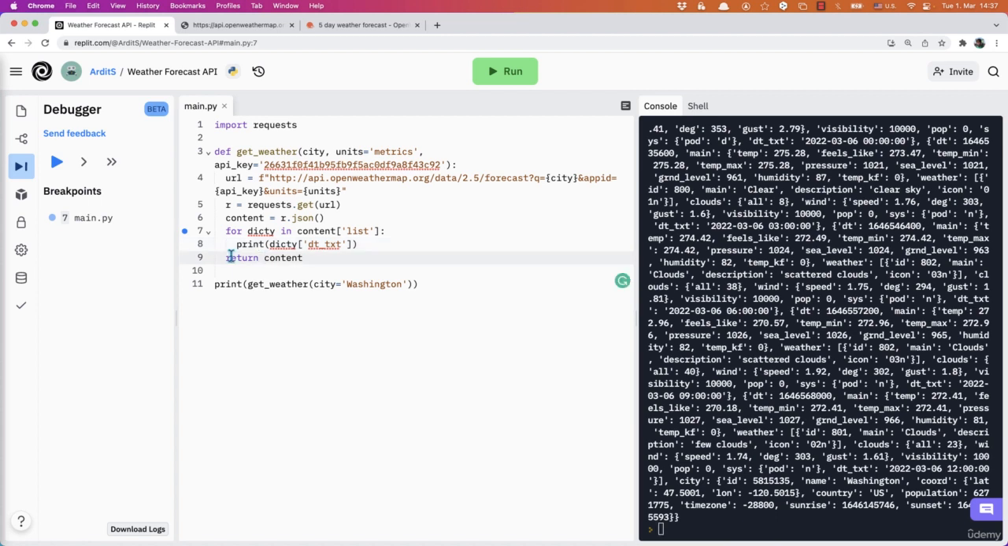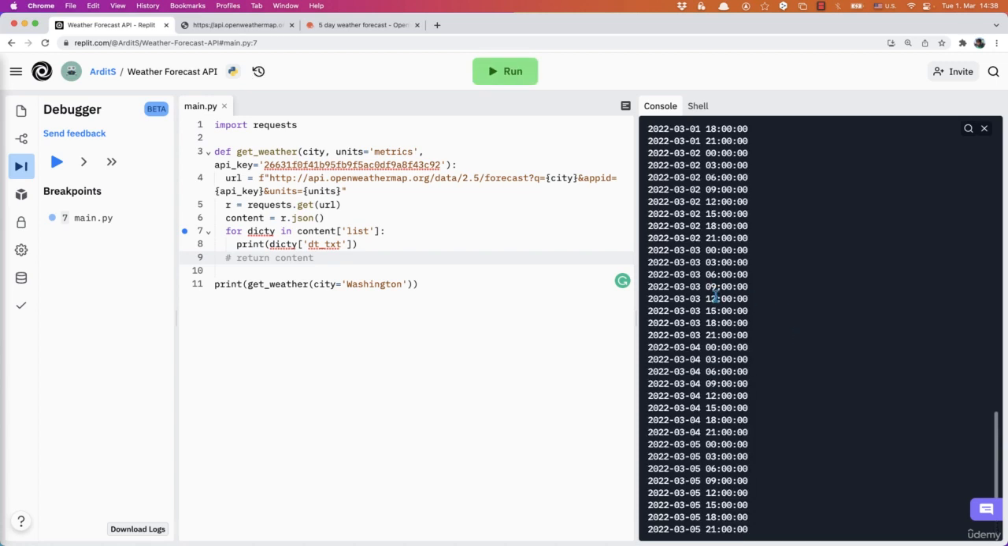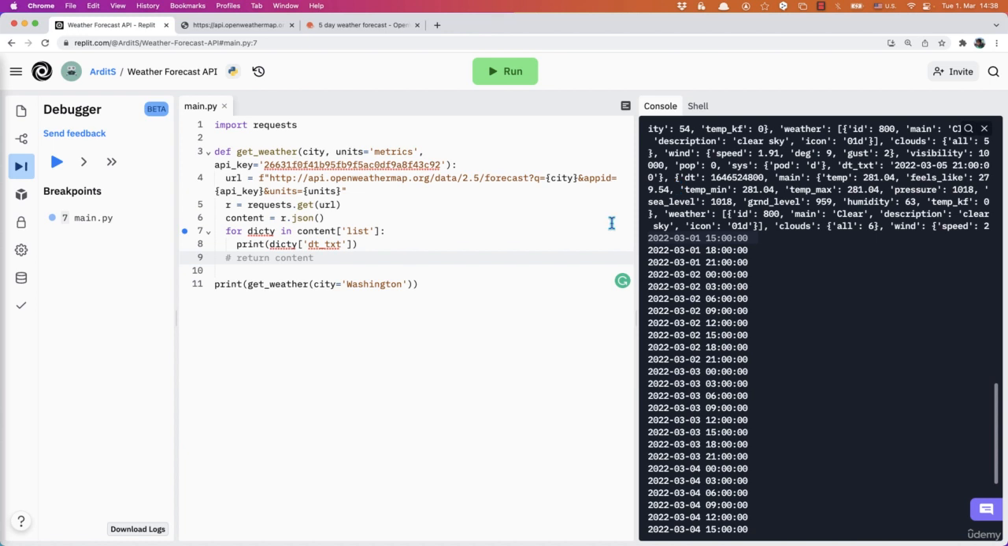So I'll also remove that return and run again so that we don't get both the content and the date. It's too much data. And these are the dates. So we were able to extract 40 dates. Now let's extract